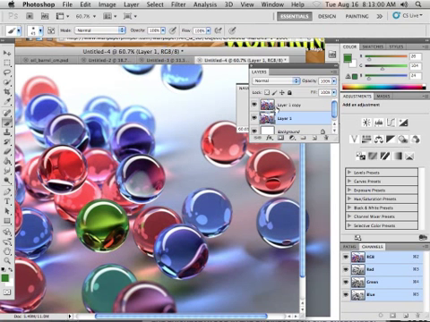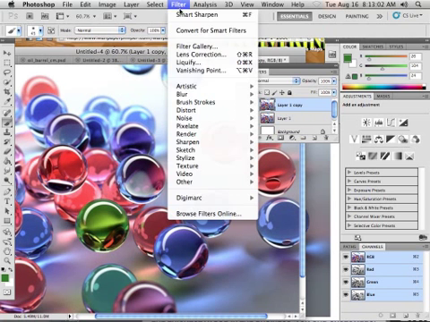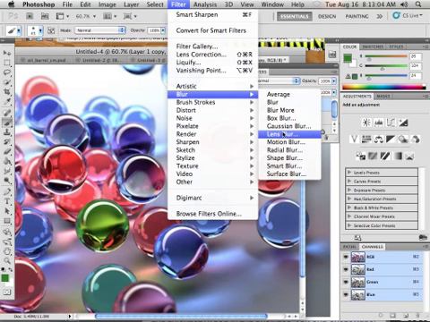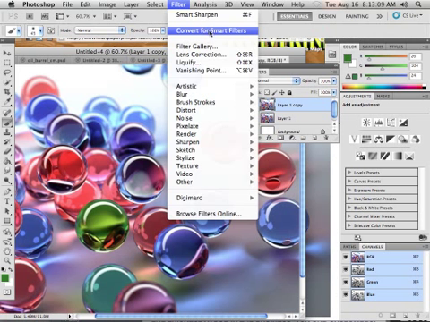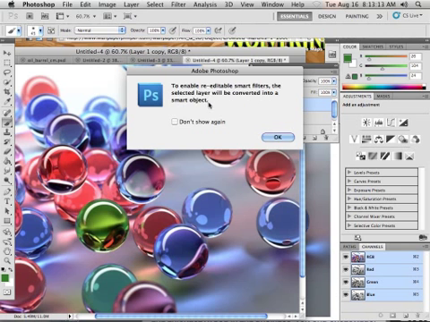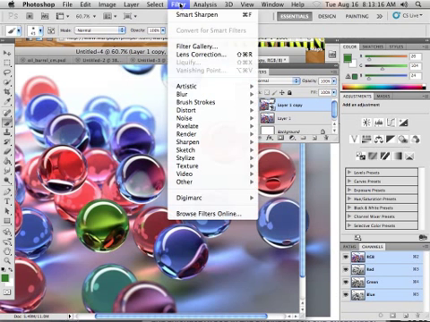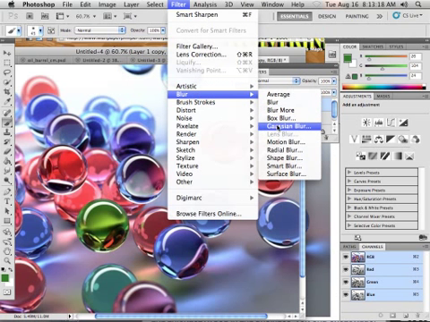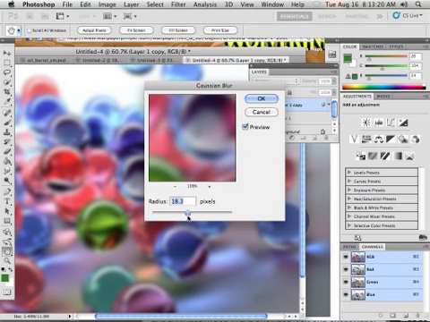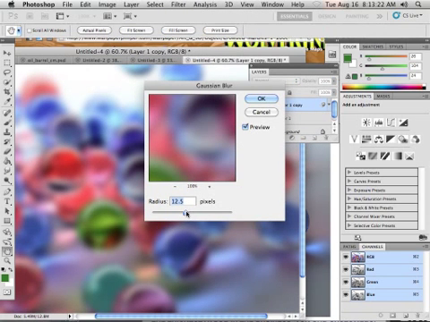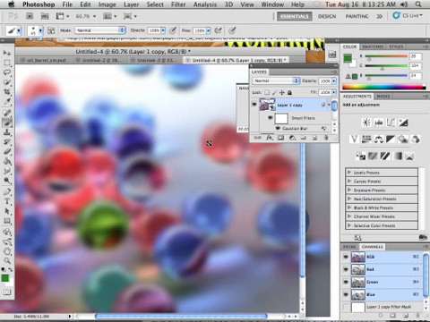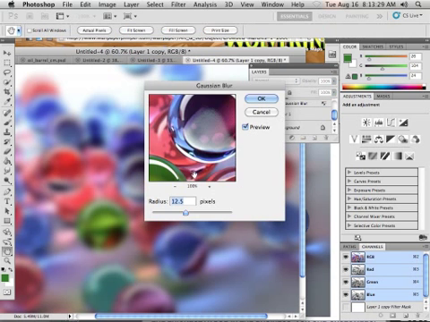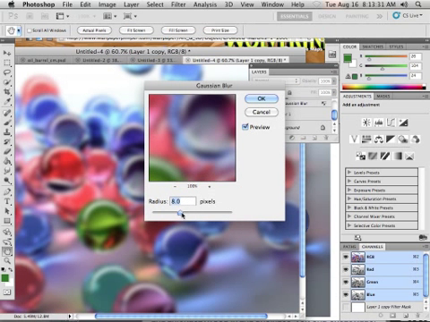Let's look at it a different way. Let's go to the top layer and go filter, blur, Gaussian blur. But first, click on convert for smart filters. Filter, blur, Gaussian blur, and I can just blur these out. This time I have the adjustment. I can go down here and double click here and readjust this to any blur depth,